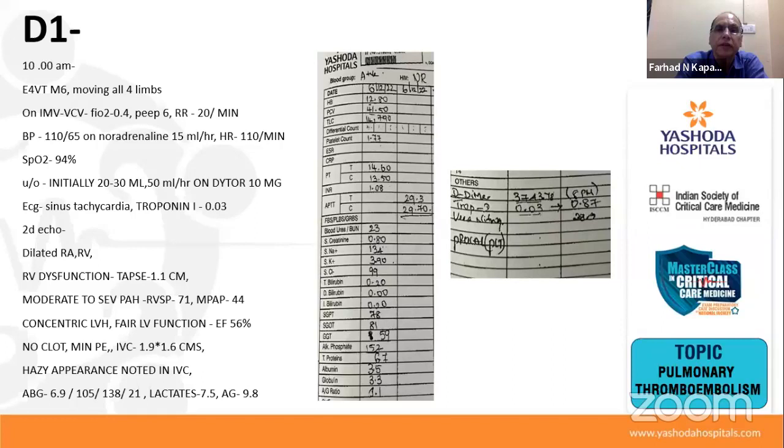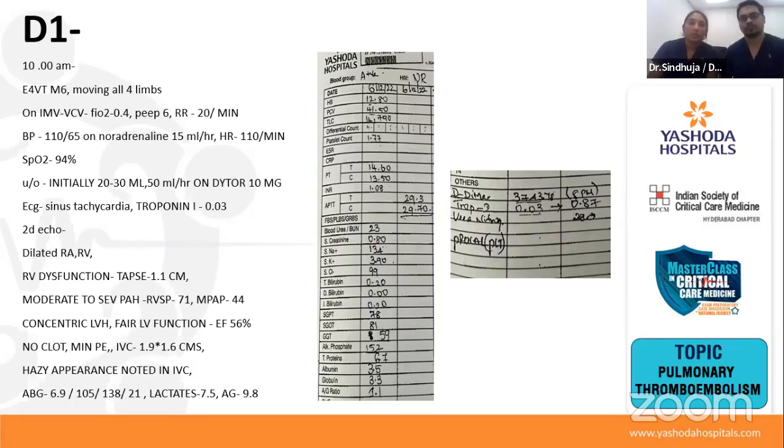Okay. D-dimer is 3,743, sir. What's the upper range? For her, age times 10 comes to like 670, sir. Okay, so 500 is your upper limit, plus the age modification, right? Okay, continue. Repeat troponin I showed an increase from 0.03 to 0.87, sir. At this point, we had high suspicion of PTE, so we planned for CTPA, sir.